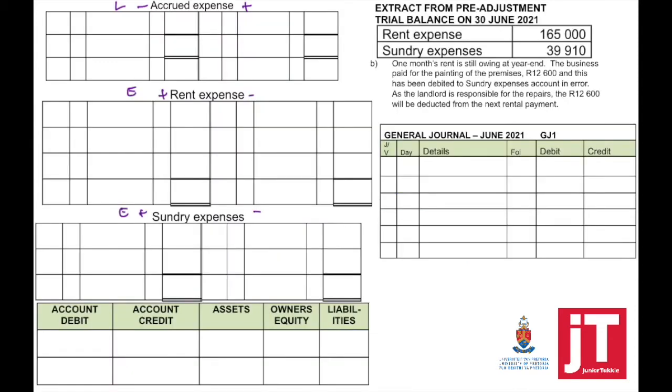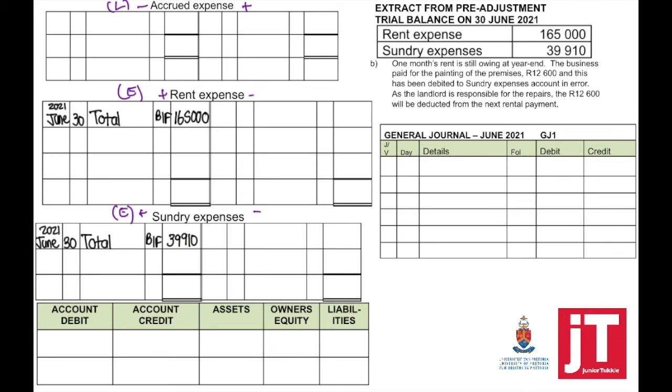Adjustment number B. 1 month's rent is still owing at year end. The business paid for the painting of the premises, 12,600, and it has been debited to sundry expenses account in error. As the landlord is responsible for the repairs, the 12,600 will be deducted from the rental payment. So from the pre-adjustment trial balance, we've got rent expense, total brought forward, 165,000. Sundry expenses on the debit side,